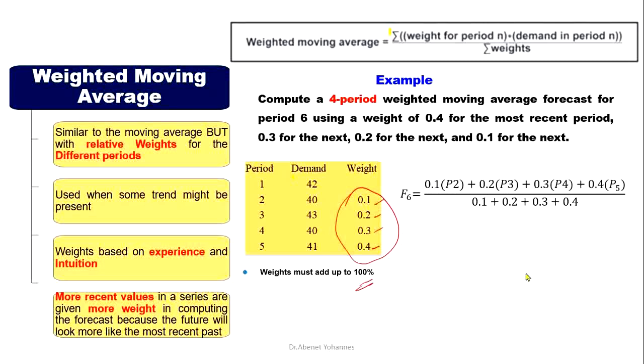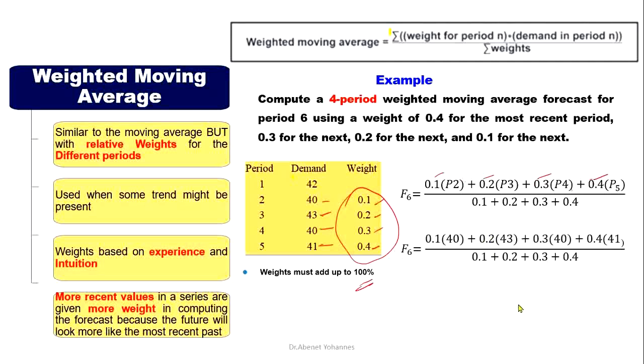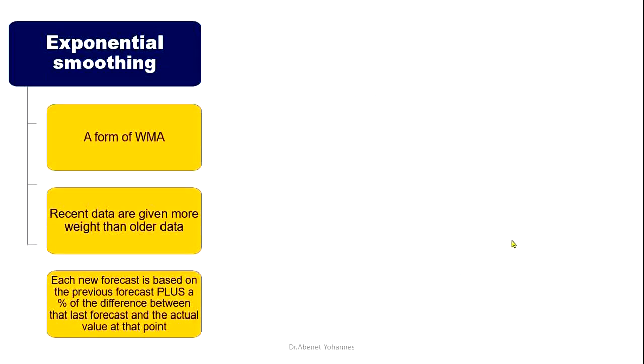So what is the formula? በዚህ መልኩ አያችሁ። አሁን 4 ፔሪድ ነው አለ የተባለው። 4 ፔሪድ ከሆነ 4 መምረጥ አለባችሁ ማለት ነው። ኦኬ 1 2 3 4 ከፔሪድ 2 እስከ ፔሪድ 5 ያለውን በተሰጠው ዌይት እያባዛን በቀላሉ ማግኘት እንችላለን ማለት ነው። ስለዚህ እዚህ ጋር እንደምታዩት ይሄው ፔሪድ the most recent ማን ነው? ፔሪድ 5 ነው። በ0.4 አባዛን። The next recent ማን ነው? P4 ነው። በ0.3 ተባዛ። በዛ መልኩ እዚህ ውስጥ ሰብስቲቲዩት ስናደርግ እናገኛለን ማለት ነው። ውጤቱን ስንሰራው ስንት እናገኛለን ማለት ነው? 41 እናገኛለን ማለት ነው።